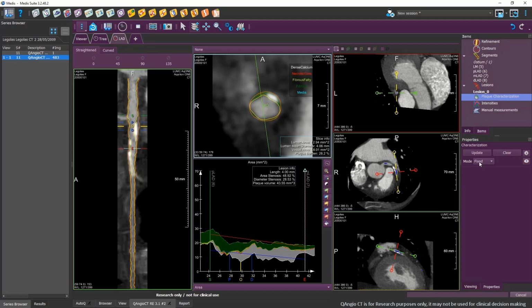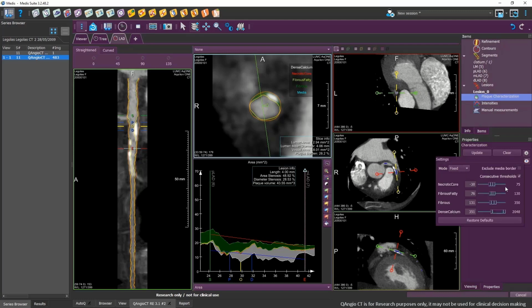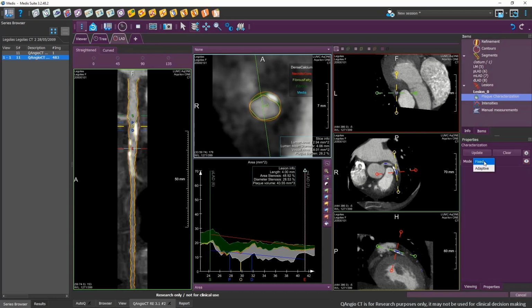We have different models. We have a fixed model that makes use of thresholds to quantify types of plaque. It's also possible to use the adaptive approach, so that takes into account also the intensity in the lumen that lowers when it attenuates going from proximal to distal. If I update,